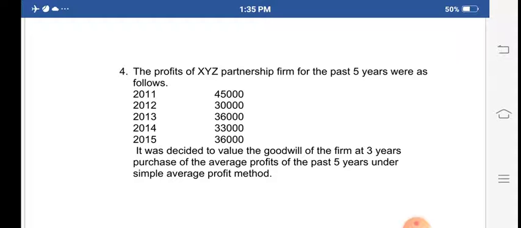Like this you have to solve the problem. It's homework. You can solve it and send it to me on WhatsApp. All of you note down this problem, and the earlier problem also. Whatever problems we solve in the lecture, you have to note down in your notebook. I hope you understand. If you have any query or difficulty with this session, you can ask me. Okay, thank you.